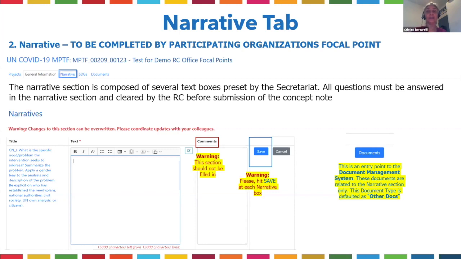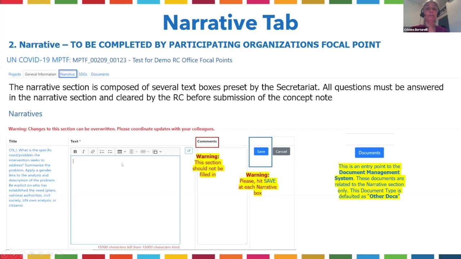Another feature that is, I think, useful and important in this section is the entry point to the Document Management Center. So if you can see here, basically you can enter documents that can support your narrative text straight from this narrative section, and they will be linked to the narrative when you review your document management system.